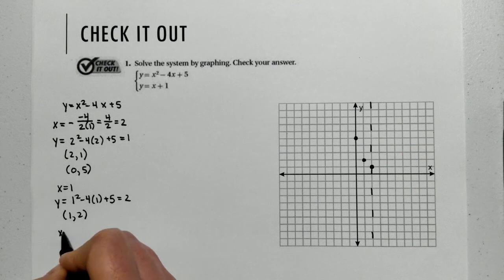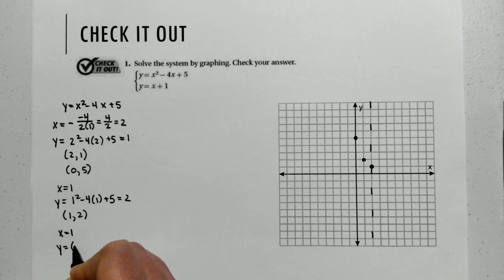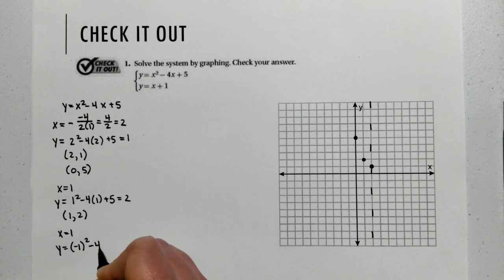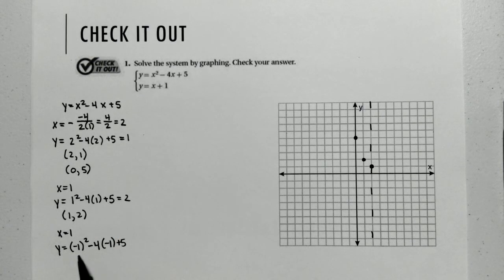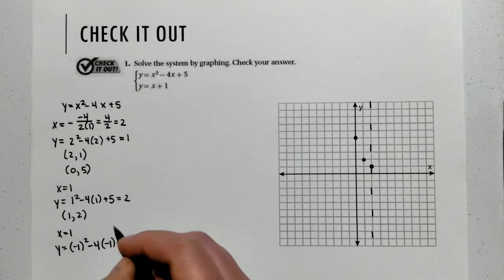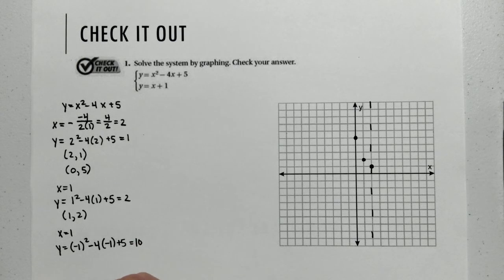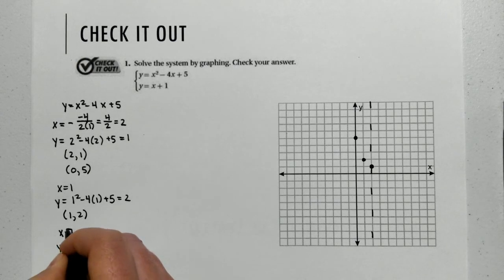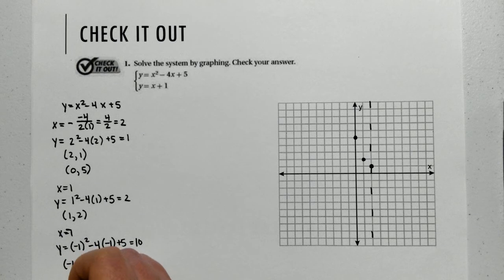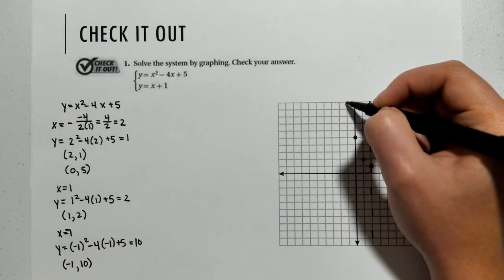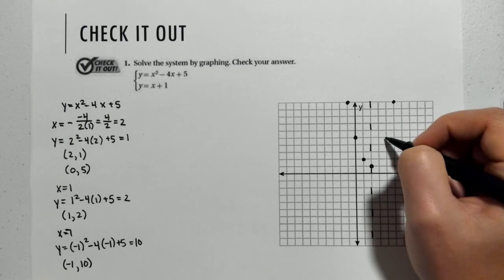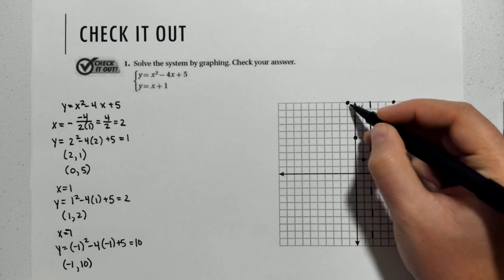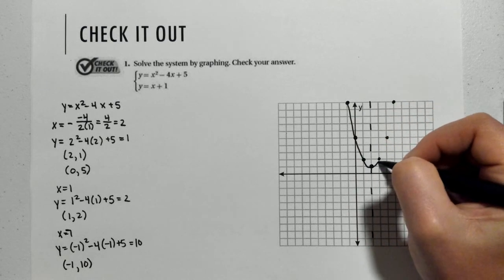And then I'm going to substitute in negative 1. So y equals negative 1 squared minus 4 times negative 1 plus 5. Negative 1 squared is 1. Negative 4 times negative 1 is a positive 4. And then plus 5, that will give me 10. So another coordinate is, I apologize, that was negative 1. I substitute negative 1. So negative 1, 10 is my other coordinate. Reflect everything to the right. And then connect them to form